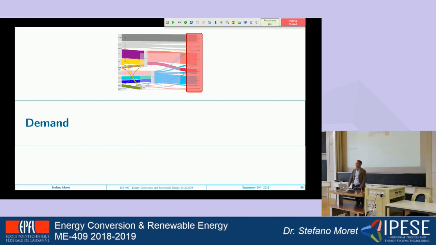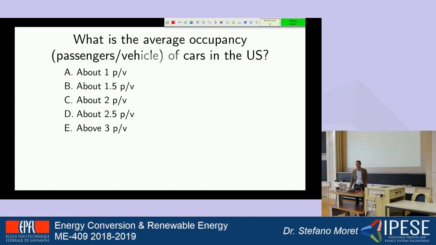So there is one other, the last item that I want to talk about. The main item is 2 main things: the energy demand and the energy conversion technologies. So let's look first at the energy demand. And again, we start from the energy service. So how much do you think is the average occupancy of a car today in the US? So a car that normally has 4 or 5 seats, how much is the average occupancy of a car today in the United States?